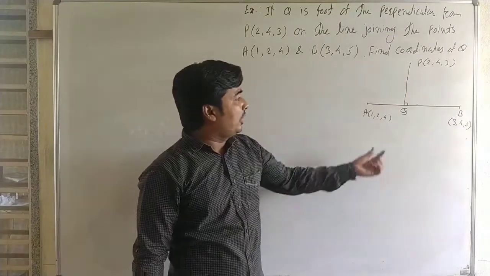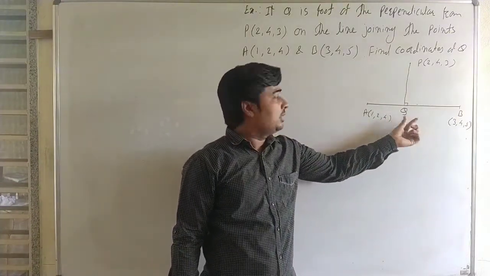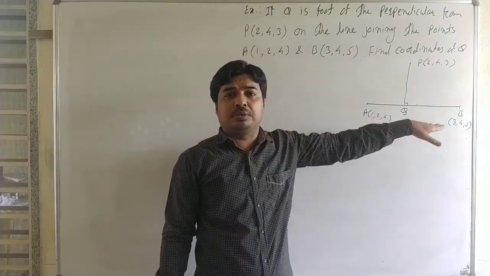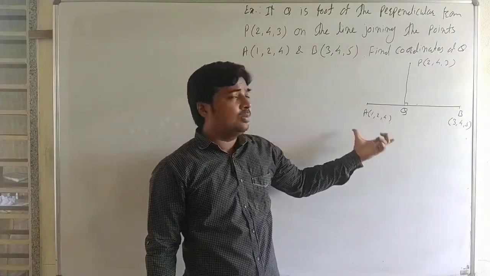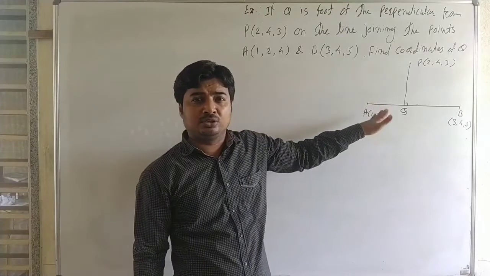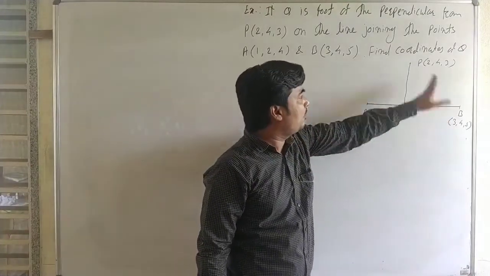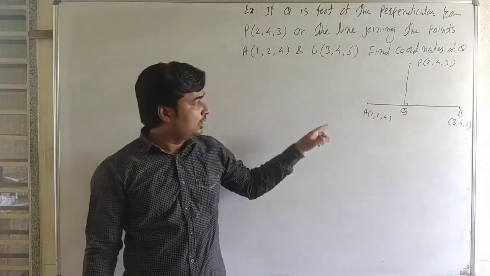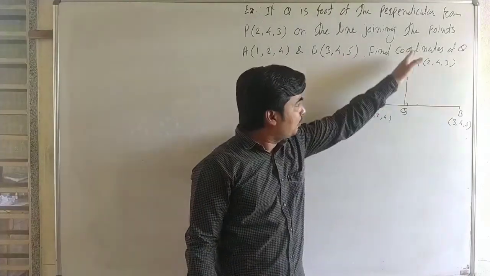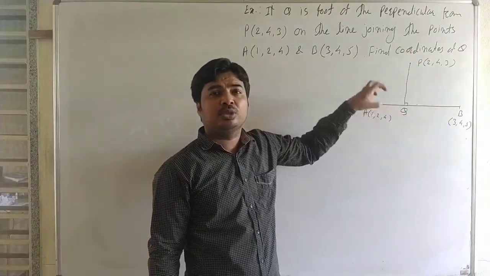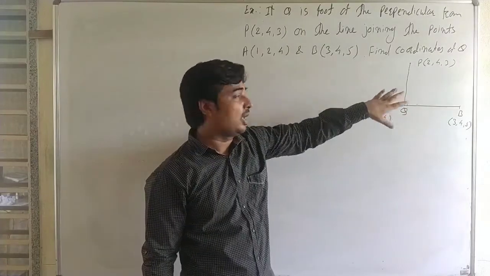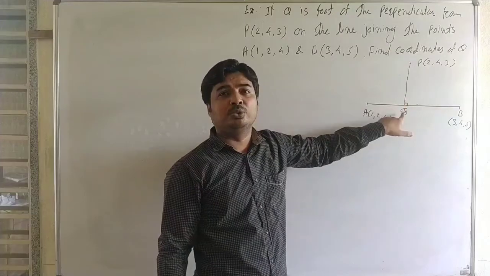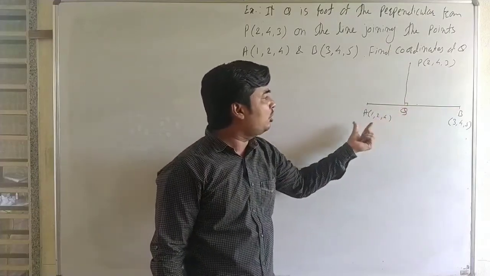Okay, now we find the coordinates of the point Q. Here we see that PQ is perpendicular to AB. Okay, here use the vector concept or use direction ratios. Vector AB is perpendicular to the vector PQ, that means their dot product is 0. Vector AB is perpendicular to the vector PQ, therefore their dot product is 0. Okay, but first we want to find the value of Q. Okay, Q, it is the foot of the perpendicular.